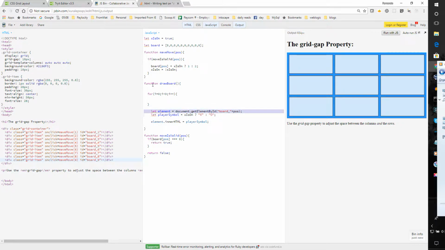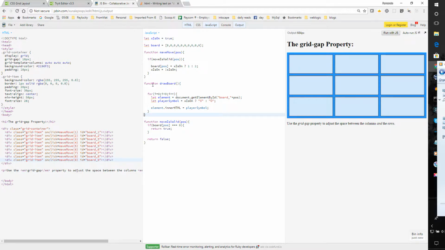So let's just take this document element, this element, and we take this, and we say if the element, we get to board position, and now it's not position anymore, it's actually i. And so we take i and we say let player symbol equal. Now in this case, we don't do X is on or anything like that. We say